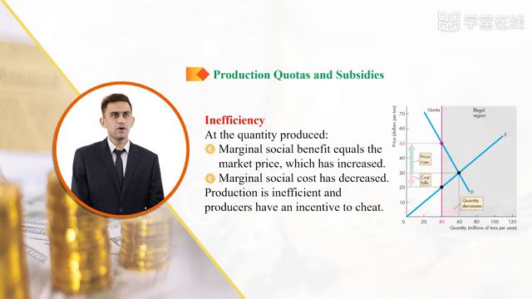In figure 6.11, with no quota, growers would produce 60 million tons of sugar beets a year, the market equilibrium quantity. With a production quota set at 40 million tons a year, the gray shaded area shows the illegal region. As in the case of price ceilings and price floors, market forces and political forces are in conflict in this illegal region. The vertical red line labeled quota becomes the supply curve of sugar beets at prices above $20 a ton.